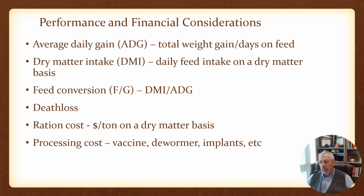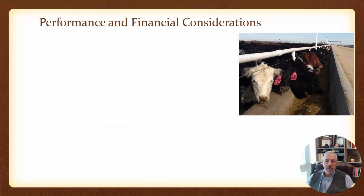If you're medicating with antibiotic or whatever it might be, you want to have that figured in, and then any other medicine costs for treatments. How much are these cattle going to get sick, and what's it going to cost you to treat them when and if they do get sick? Some additional considerations: